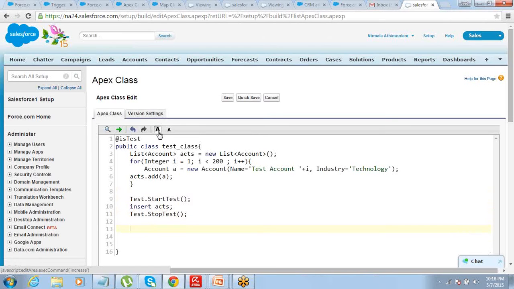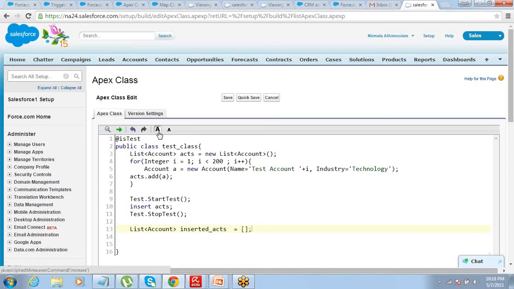Now I just want to go ahead and check whether the value gets updated properly or not. So what I can do is, after this, I can write a list of accounts, insertedAccounts.